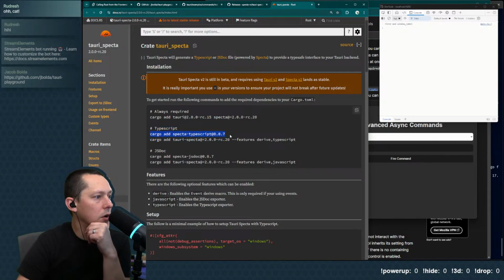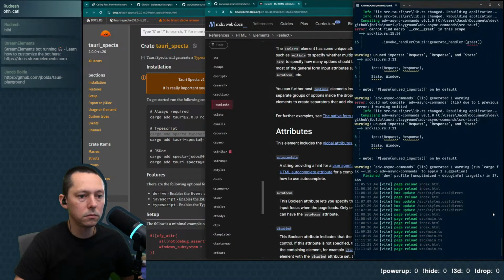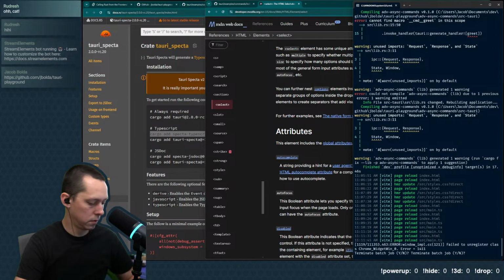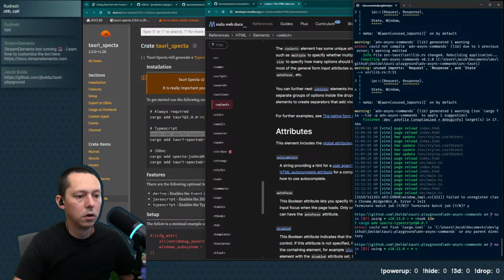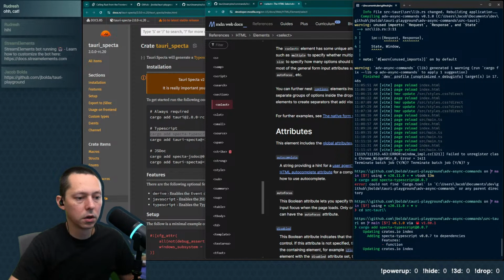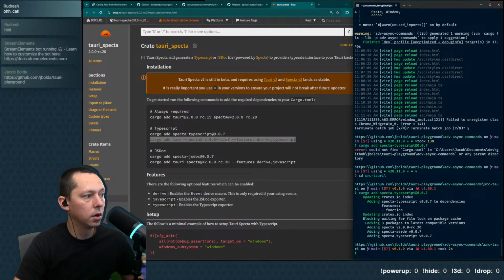We need to do a cargo add. So we got to do cargo add Tauri Specta. We got to do it in the source Tauri directory, cargo add Tauri Specta. We need to then add Tauri Specta and that. It also says that this is always required.